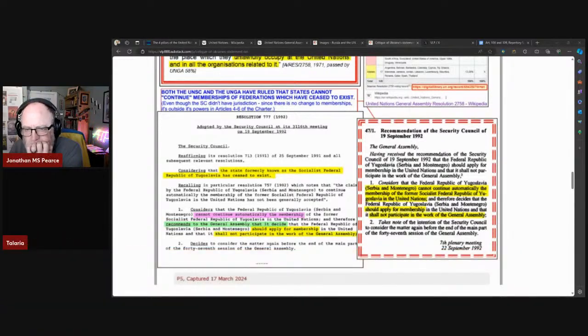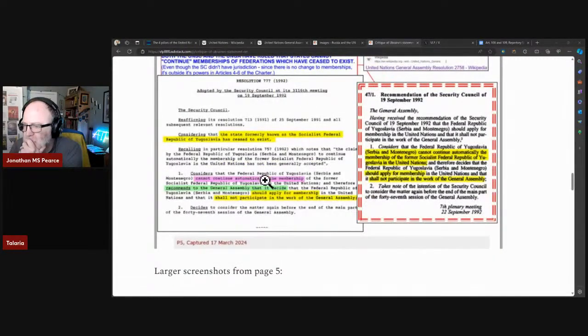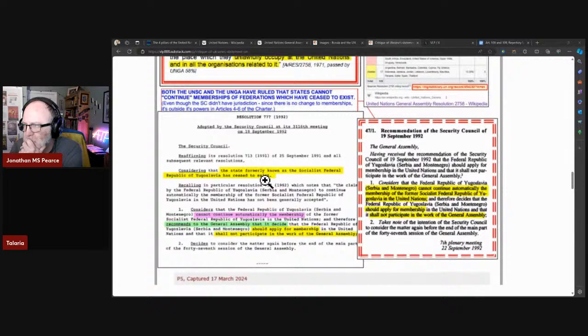So that's politically, okay, so that applies to countries like the UK and America, which have been lying for 33 years, and they organised it. They jacked this up. And I'll come to that in a minute. But here we have the resolution of the Security Council dated the 19th of September 1992. Considering that the state formerly known,